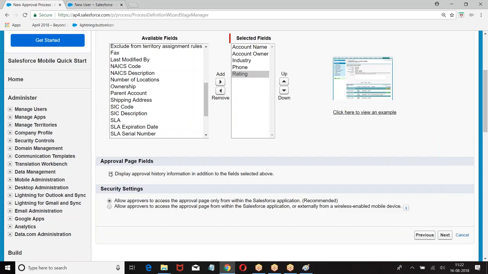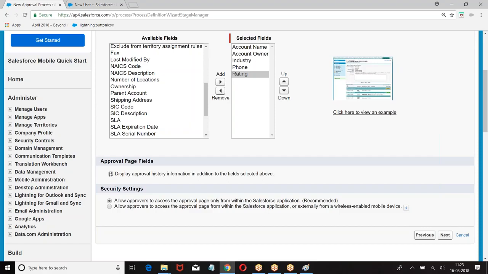First, allow the approvers to approve the record from Salesforce account. Log into Salesforce and approve it. Second, allow the approvers from Salesforce or wireless. Wireless means Chatter, email, and a mobile application. Right.